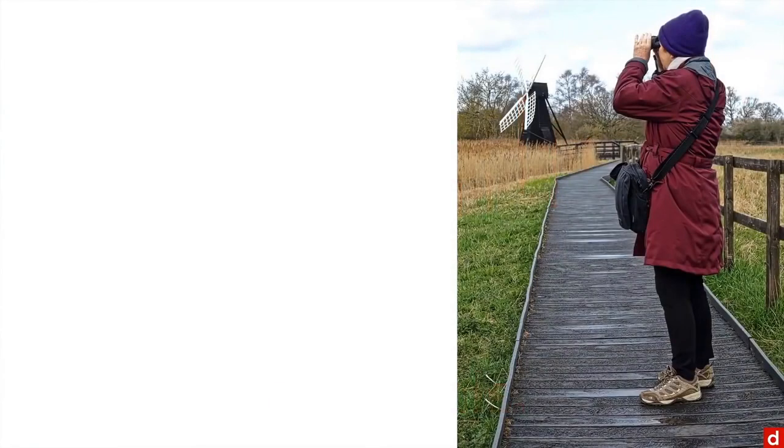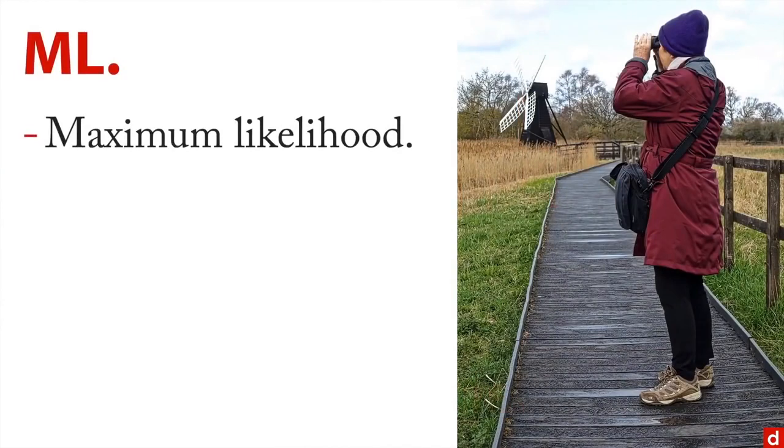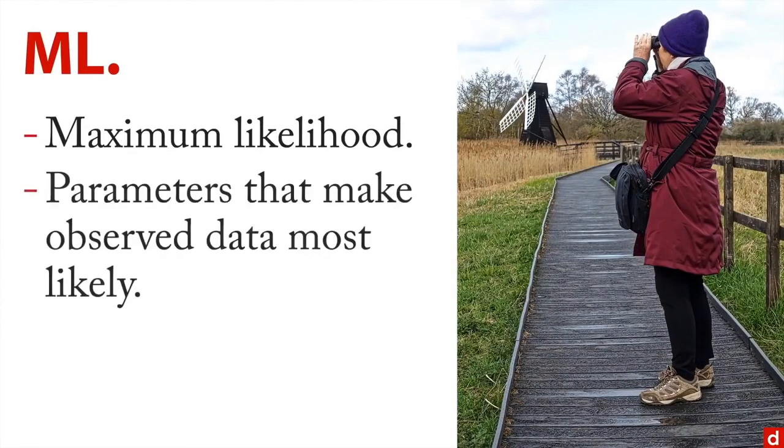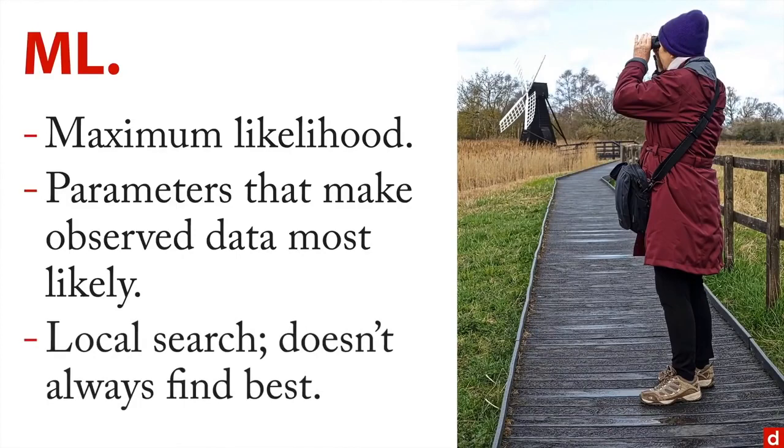Now, another approach is ML, which stands for maximum likelihood. And this is when you choose parameters that make the observed data most likely. It sounds kind of weird, but I can demonstrate it. And it's based on a kind of local search. It doesn't always find the best. I like to think of it like a person here with binoculars looking around them, trying hard to find something, but